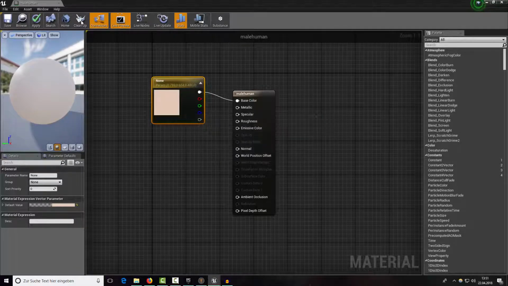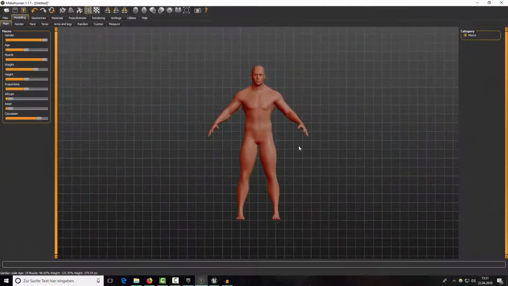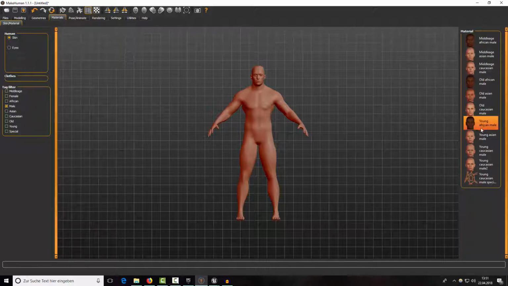Okay, we can leave it open, and just open up your MakeHuman character. If you haven't saved your character, just try to recreate him as well as possible. The only thing you need to do is go to materials and choose a texture from here. I will use the filter and take male, and from here I will take